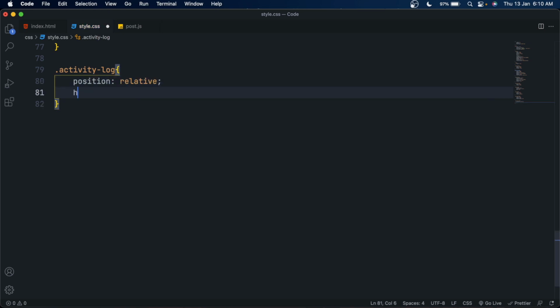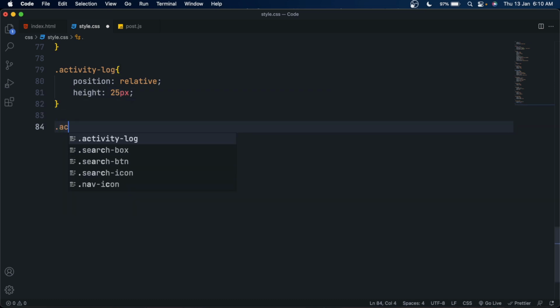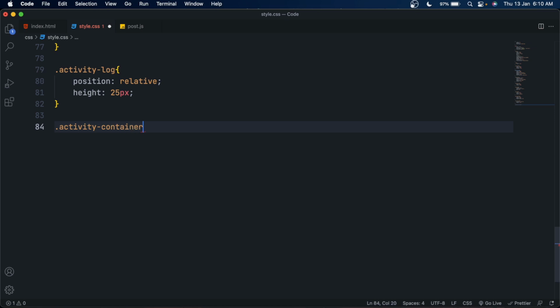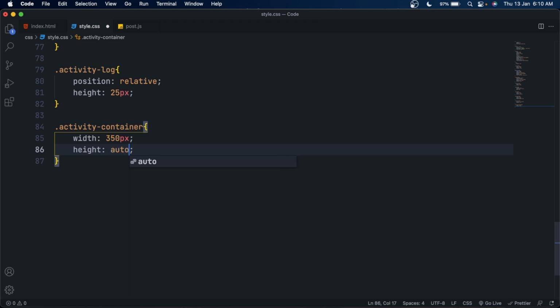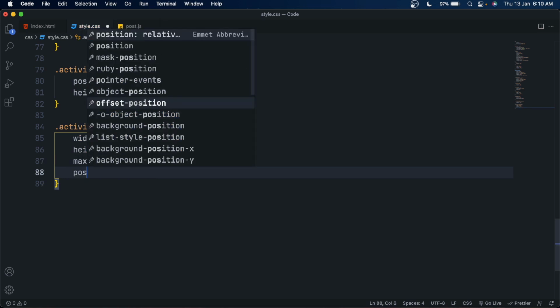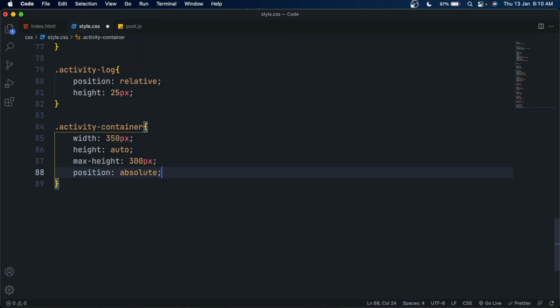So set its position to relative and give it a height of 25 pixels, which is the same as the icon's height. And then select the activity container and set its width to like 350 pixels and height to auto because we don't know its height, but set its maximum height to 300 pixels. We don't want it to be bigger than that.